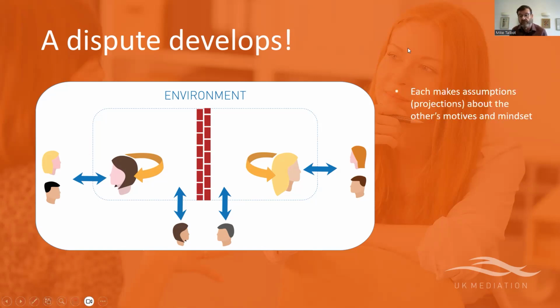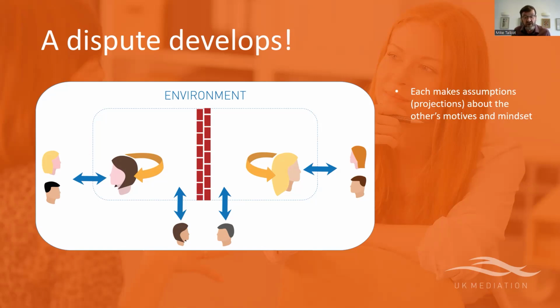So what tends to happen here is they start to see very negatively the other party. They also start to make assumptions about the other person's motives and mindset. They start to second guess the other party. And this is a key thing in conflict. And I think it's a key indicator that we need to act. So there are ups and downs in people's relationships. It's fair to say it's perfectly normal. But when they get to the point where they're mind reading, making assumptions about the other person's motives and mindset,